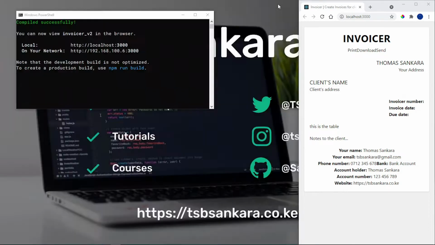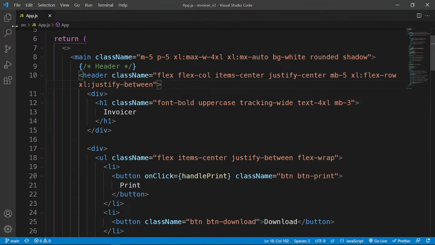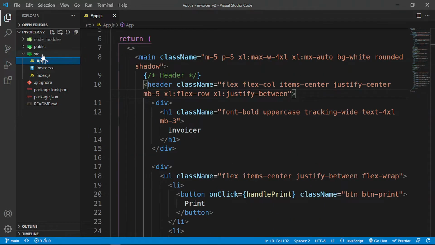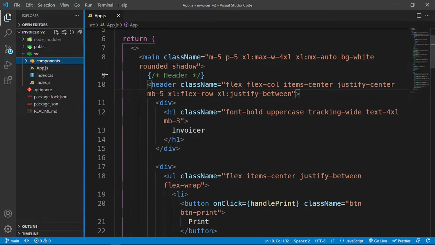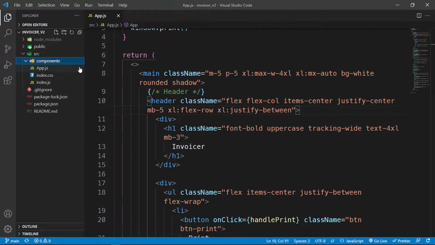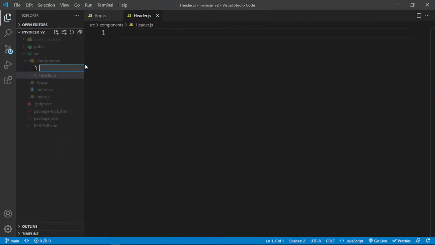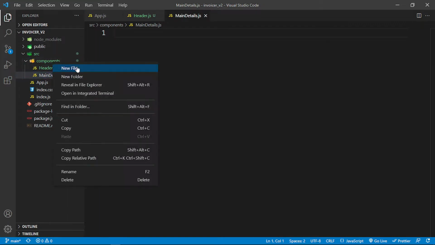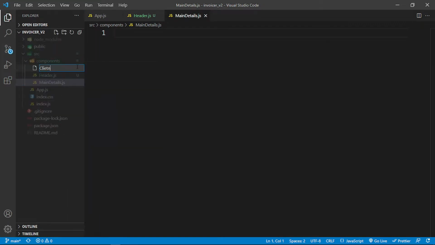Actually, now let me just place this full screen. Inside my source folder, I'm going to create a new folder called components, which is going to house all these components that we created. Okay, so just refactoring. We're going to have header.js. We're going to have, let's call this main details.js, which is your details. And then let's call this client